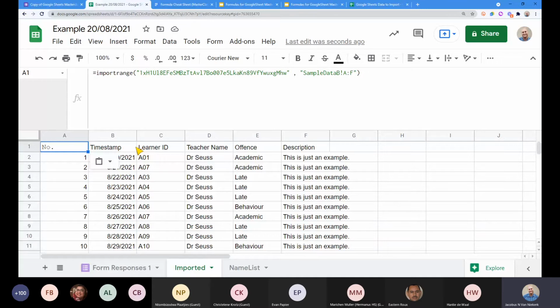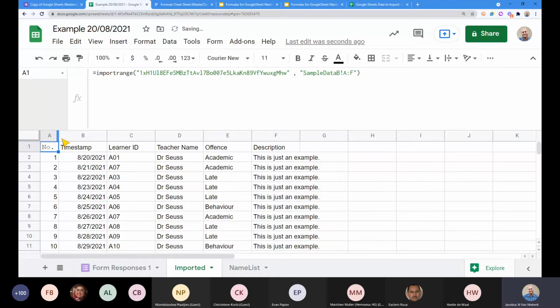Now you won't see that here because I am the owner of that sheet, and I've already allowed everyone the permission to import the data the way I've done here, by making sure that everyone has viewing rights and access rights to that sheet. So if you've got viewing rights on a sheet, you can import data from that sheet rather than copying and pasting that information. I'm going to get to that in a minute because it's an important thing to consider. Or let me explain that now.